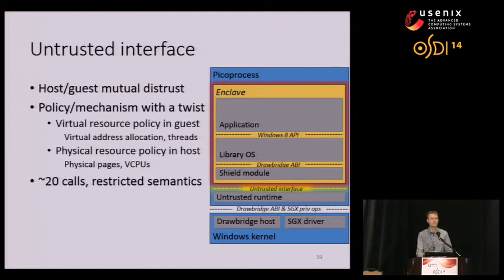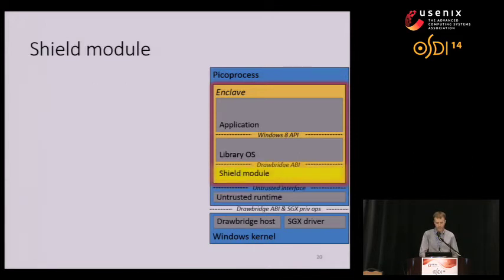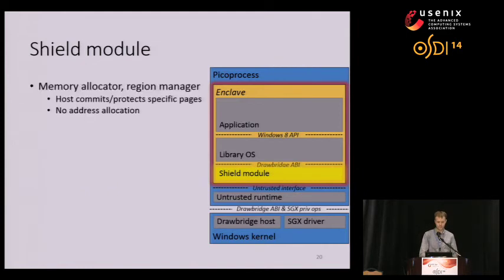The untrusted interface consists of about 20 calls with fairly restricted semantics. The details are in the paper. And on top of the untrusted interface, we have this block of trusted code known as the shield module that is responsible for implementing all the things that our library OS and our application need. It includes a memory allocator and a region manager. So when the application says something like malloc, what this ultimately boils down to is that the shield module actually